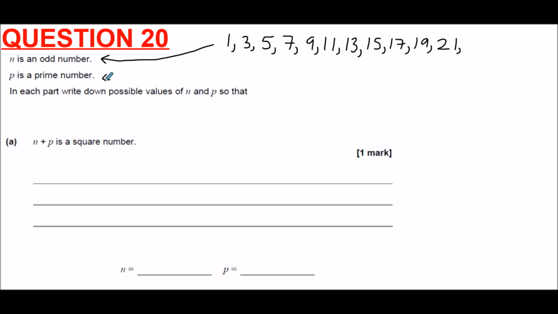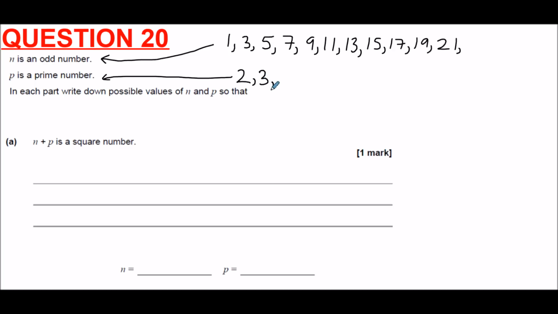And prime numbers are numbers that can only be divided by two things. They can only be divided by themselves and by 1. The first prime number is 2. Now 1 isn't prime because there's only one thing that divides 1, which is 1. Anyway, 2 is prime,